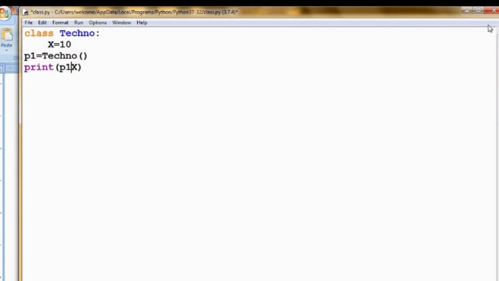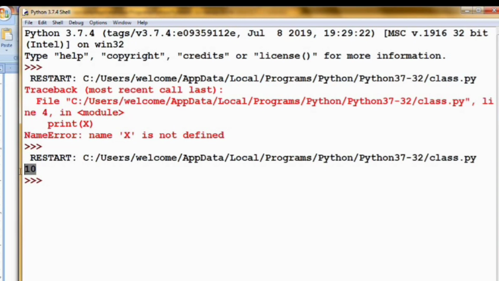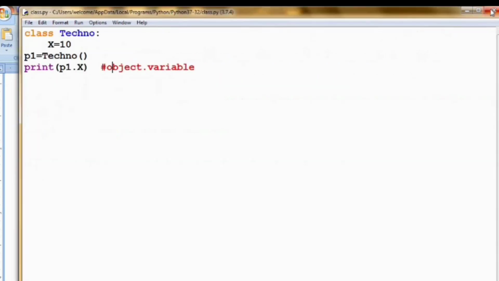So using the object and the dot operator, I am accessing this value x, that is p1.x. The syntax is the object, the dot operator and the variable. So this is the syntax for accessing an element inside the class. Now let's run it. Yeah, the output is printed, 10 is printed. In this way you can access the variables inside the class.